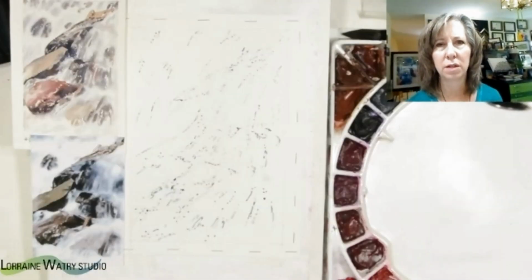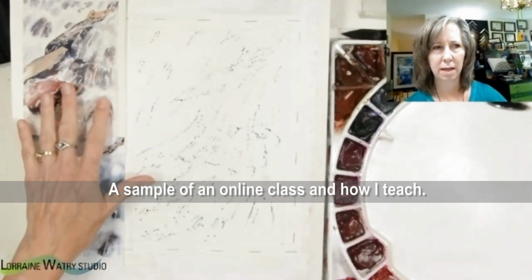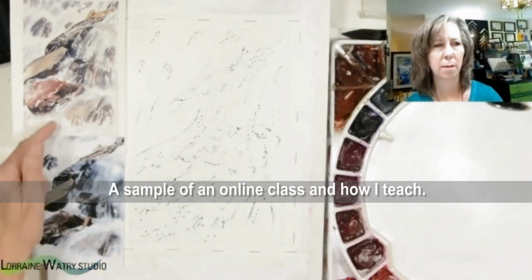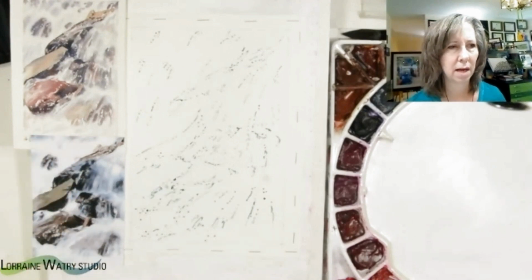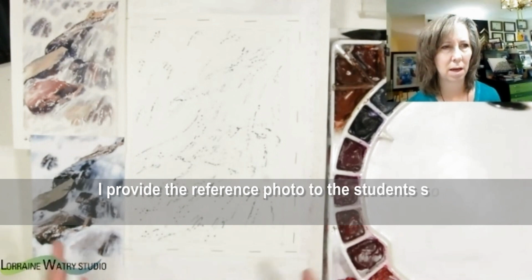So today we are going to do a soft focus waterfall, and I have both my small color study that I did, and then I have a photograph, and I printed this off. It's a little bit different color, you can see from my demo, but it's close enough that I'll use it. And so the colors may not be exact depending on your image that you're looking at, but